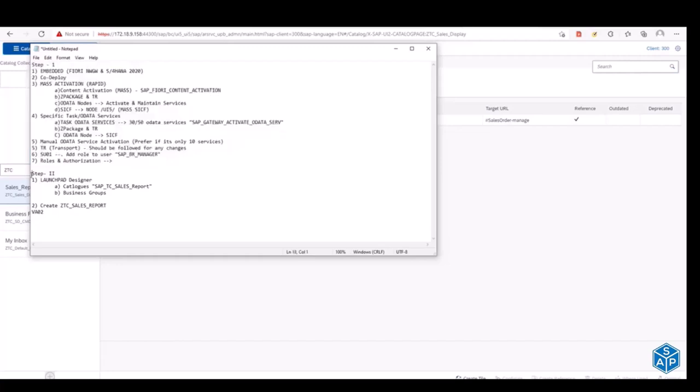Step 2 is the Launchpad Designer. Just now we saw how to create a catalog, how to create a business group, and how to create all the